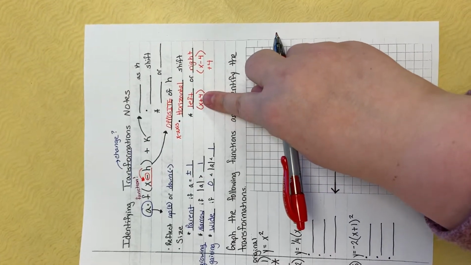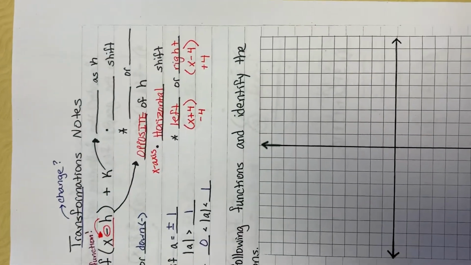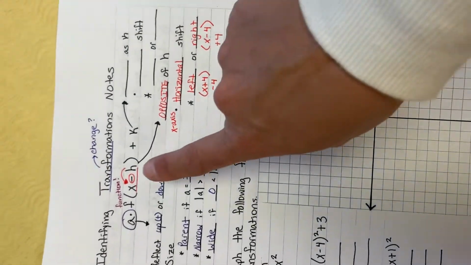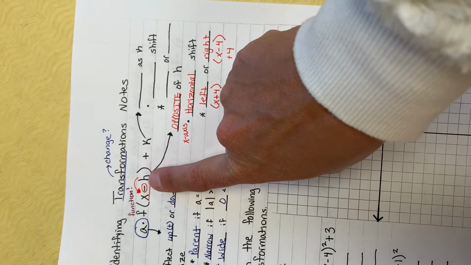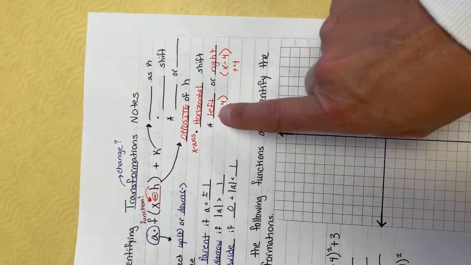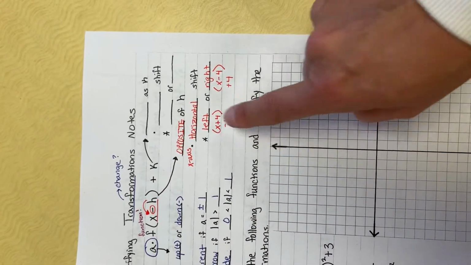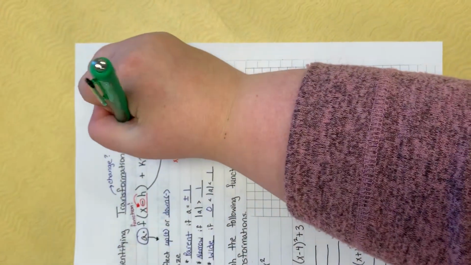You can't just look at it. You've got to do the opposite of it to determine which way it's going to shift. And remember from vertex form, we always pulled the opposite of h and we kept the k. That's why the shift technically goes the opposite way. And we're going to keep